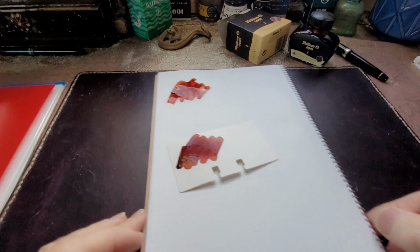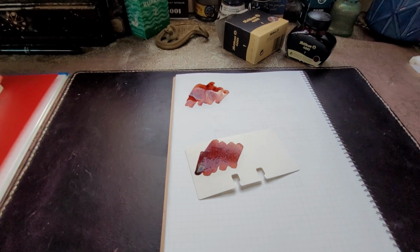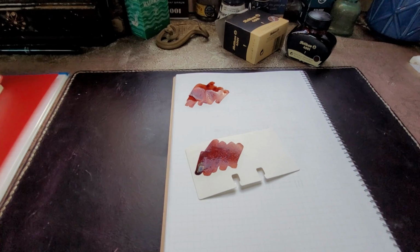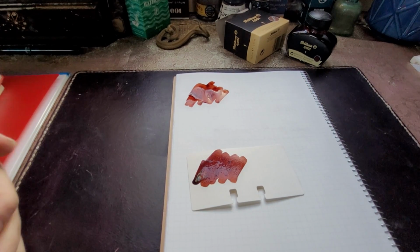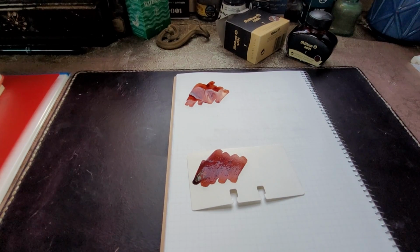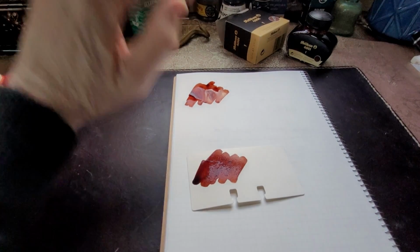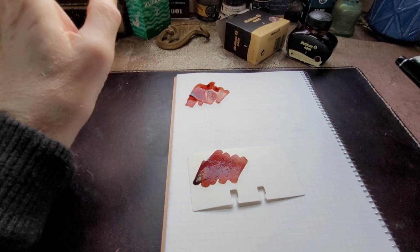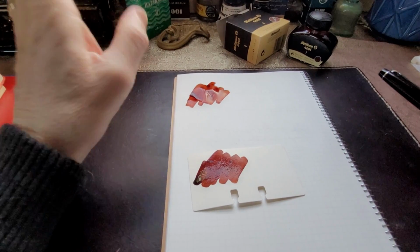I also see red iron oxide, which is, if you've ever been to Prince Edward Island, our soil is made of, well, it's very sandy, and there's a lot of iron oxide in it, and it's rusted. So the soil on PEI is red. That's one of the common features. This is a little darker than our soil, but it has tones of copper, burnt sienna,